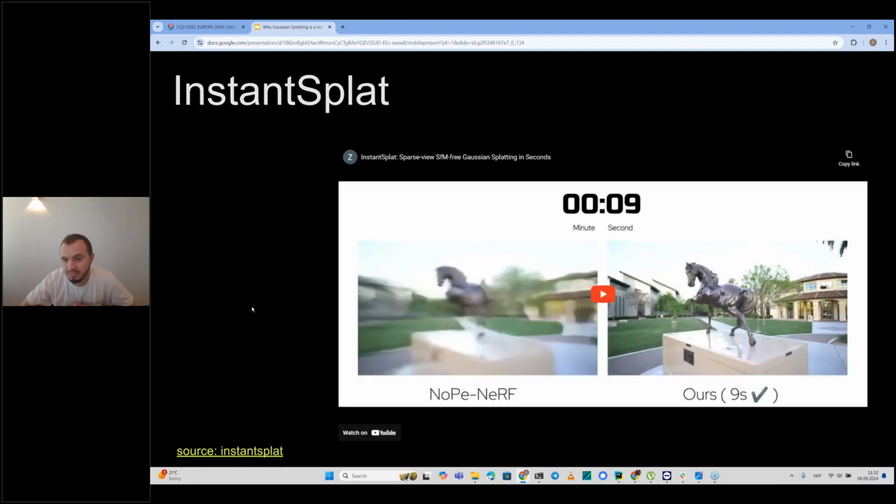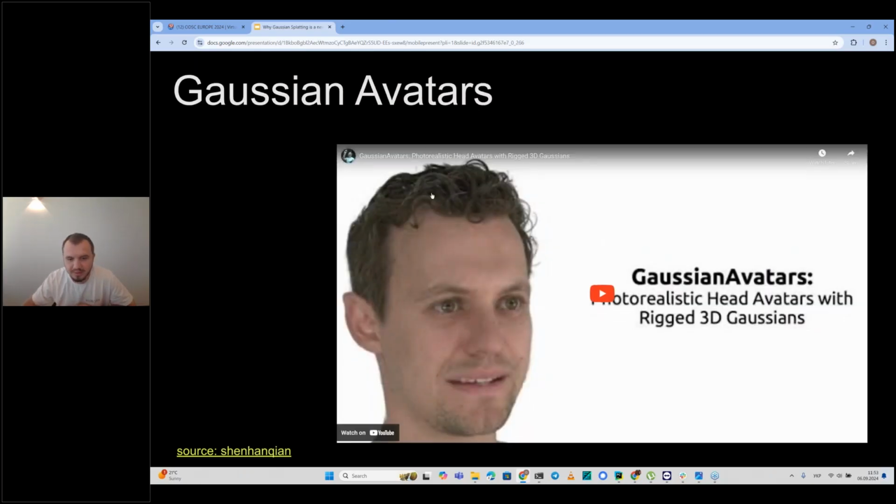But usually you need to have information about your cameras, for example, to reconstruct this human model. You need to know specific parameters of your camera at each frame, angles, field of view, and so on and so on.